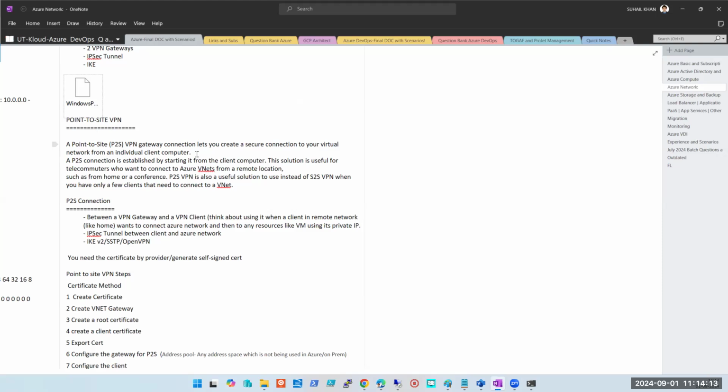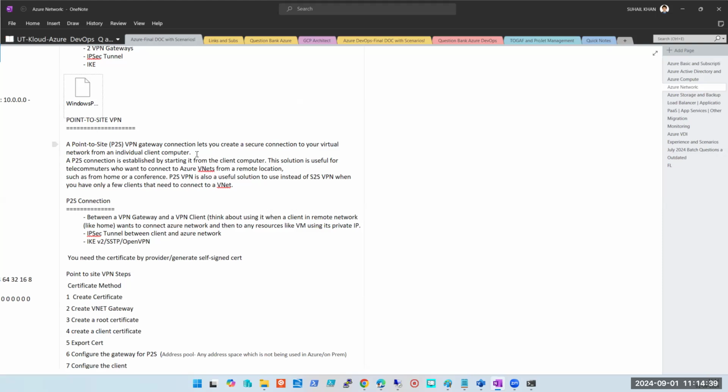So point to site, you can call it connectivity, or you can call it point to site VPN also, because that's the only way which can enable my laptop to connect to one Azure network which is available on the portal, which is available on the Azure. So we can call it point to site network, or point to site connectivity, or point to site VPN. Both are correct. For above options, we can call site to site connectivity, क्योंकि site to site connectivity VNet pairing से भी हो सकती है.